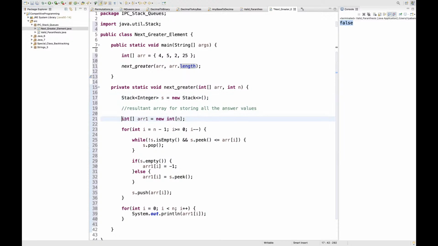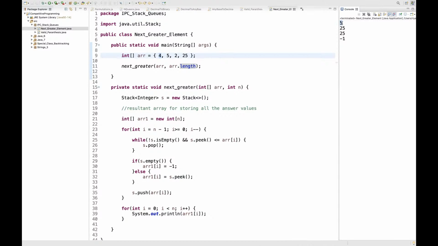We have made a new stack, we also have a resultant value, and then we are going to implement this. You can see that for 4 we got 5 as the next greater element, then for 5 we got 25, for 2 we got 25 again, and for 25 there was no greater value.